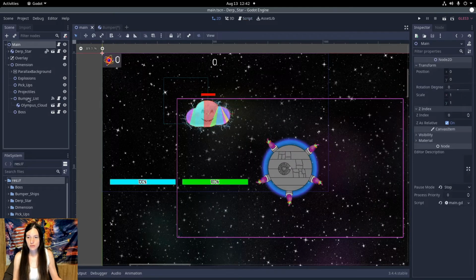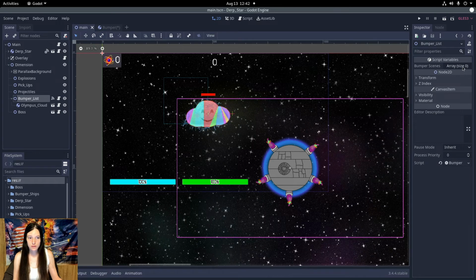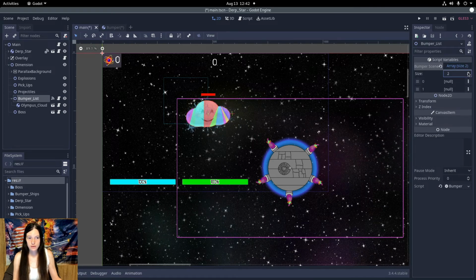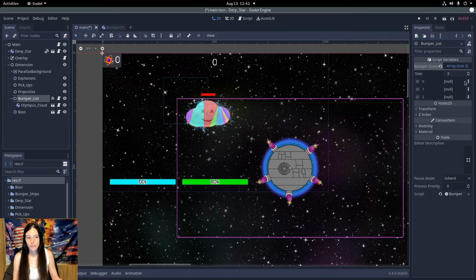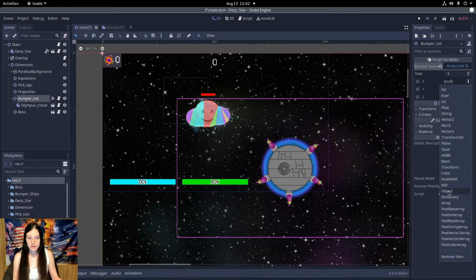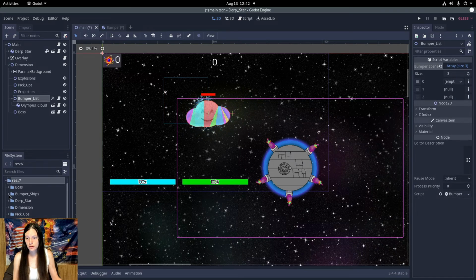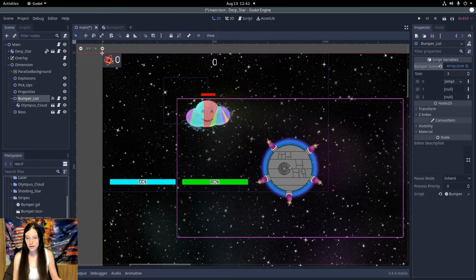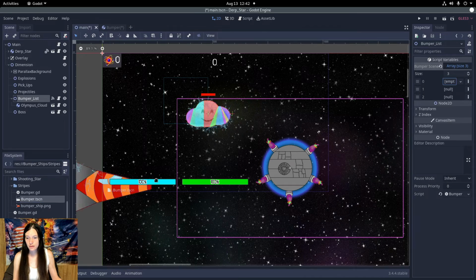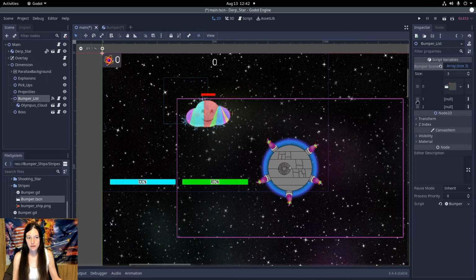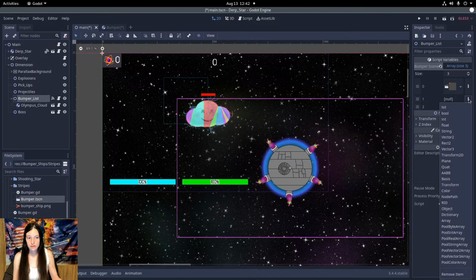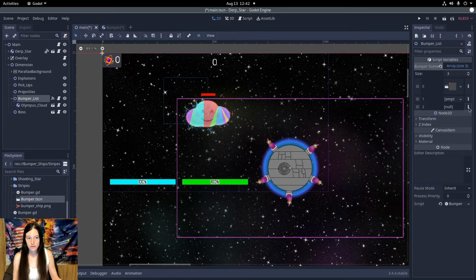So now in the editor, I'll set this to size 3 and set it to a type of object. And now I can just drag the scene, the .tscn, directly into the array. So do that for the other two,